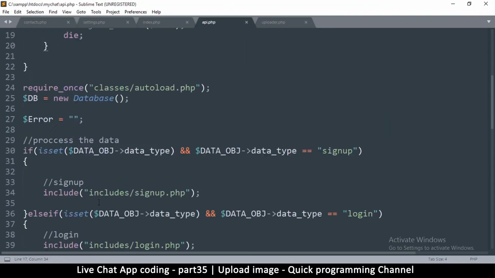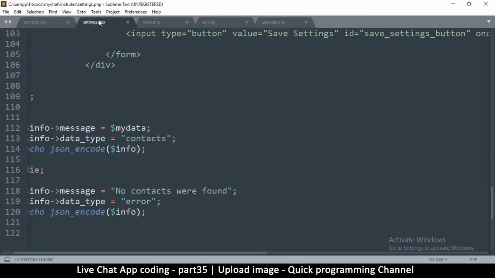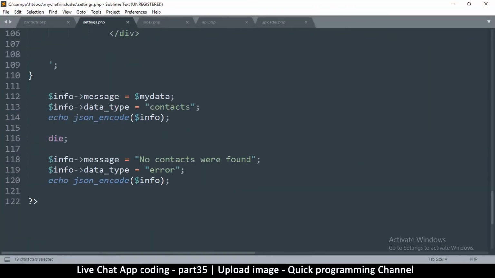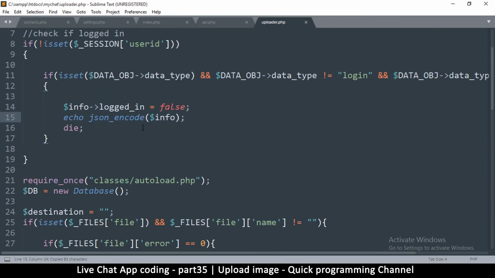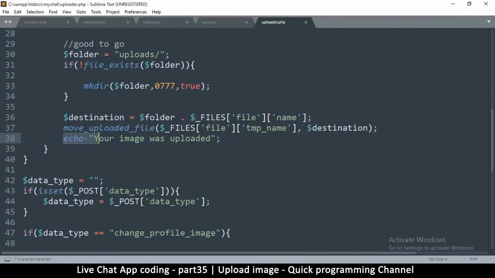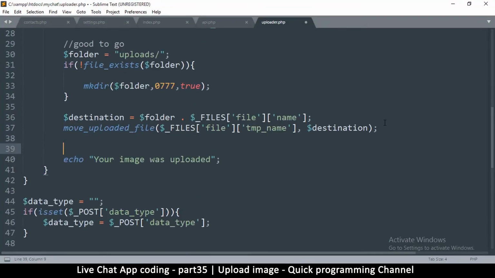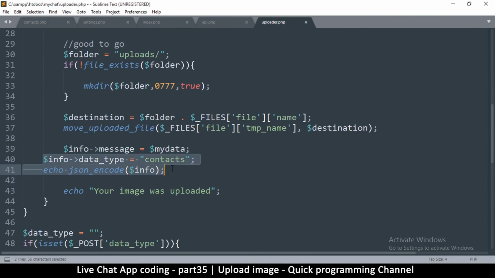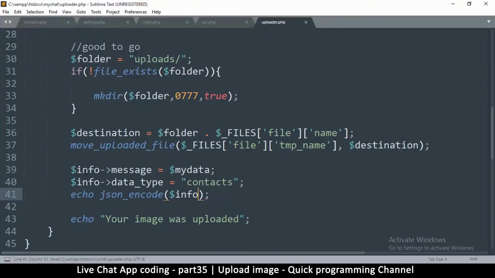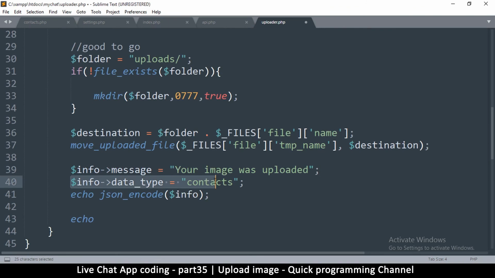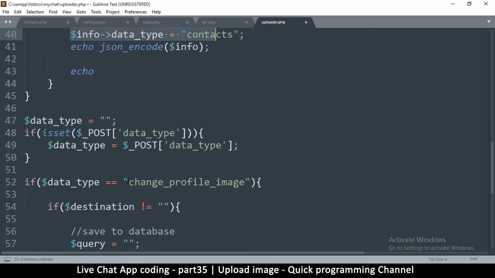this format right here. So I'm just going to copy this format from somewhere, which is right here. Great. Let me come back here and, okay, so we are returning some JSON so that we handle things properly instead of simply echoing them. So info message is equal to this, and info data type is equal to, of course this is not the data type, the data type is,